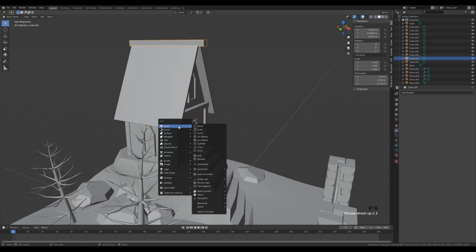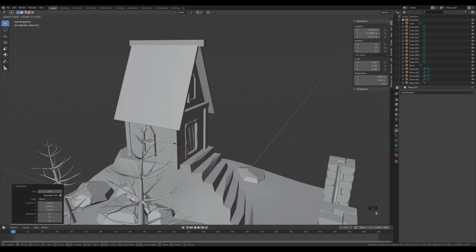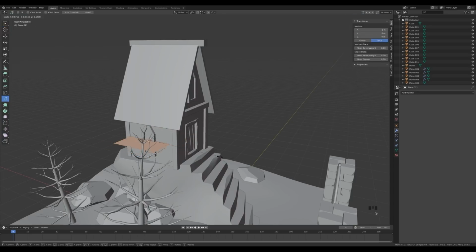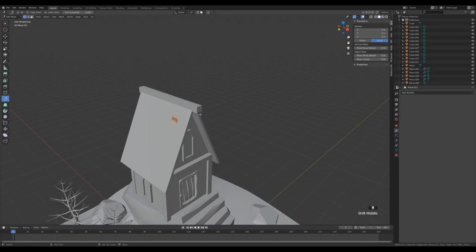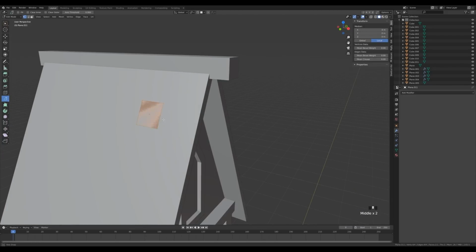Okay, and now let's press Shift A, add a plane, scale it down, go into the edit mode, scale it down, tab out, and now we'll enable face snapping with rotation to target and individual elements, and press G, and by holding Ctrl we can snap it here. Now we can add some volume to it, so